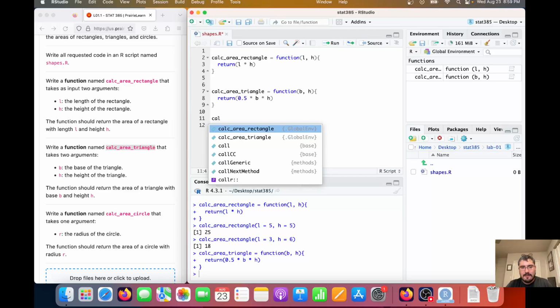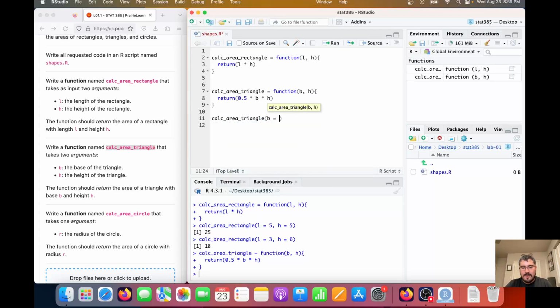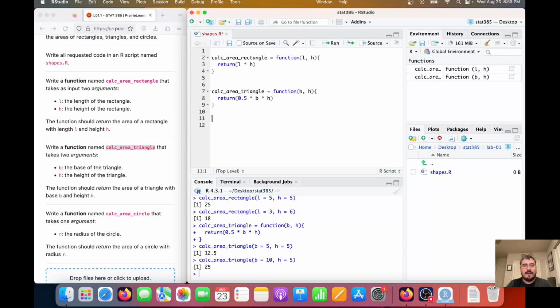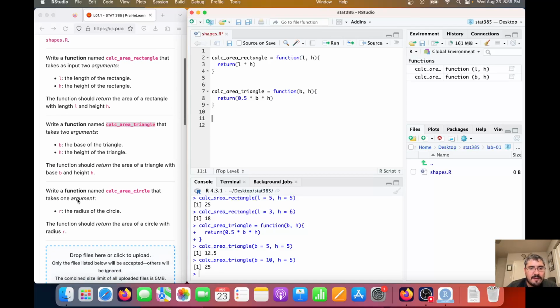So now I have two choices. I'm going to go down, calc area triangle, b equals 5, h equals 5. All right, looks pretty good. Try it again. Okay, seems to be working fine. And then last but not least,